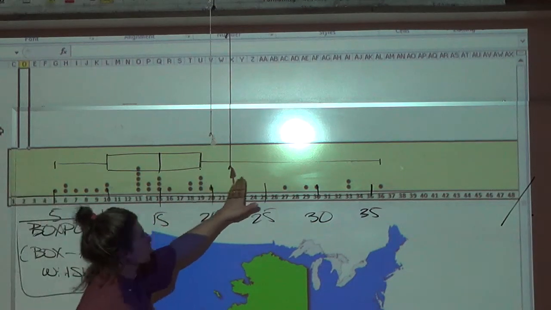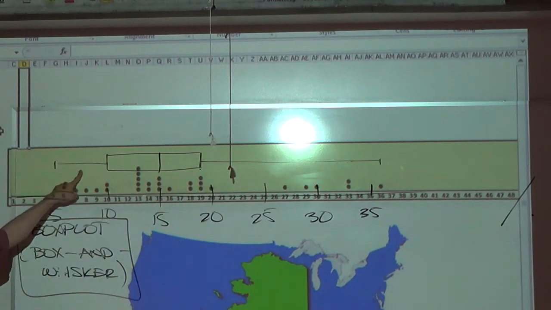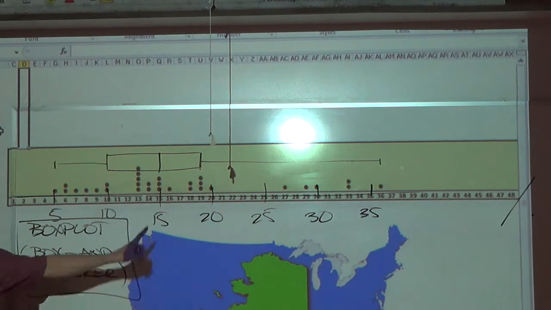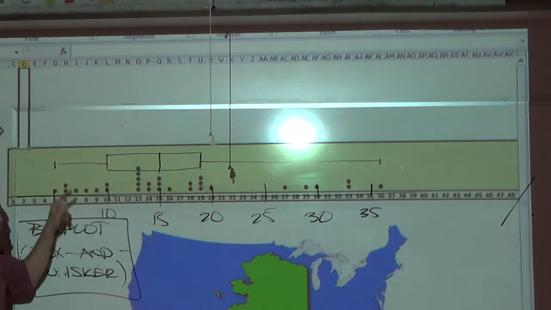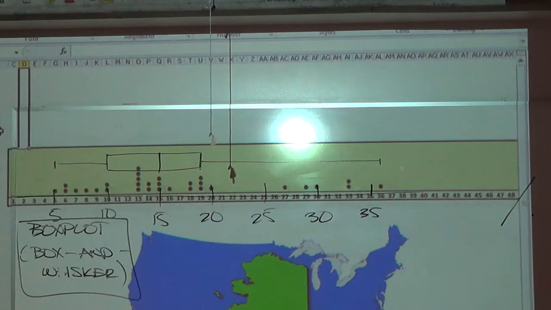You see why this whisker is longer than this whisker. Let's go back to what Carolyn said, right? Why is this whisker longer than this whisker? Why is the right whisker longer than the left whisker? Say that again. The concentration of data is different. What is the right whisker's data compared to the left whisker's data? More spread out. So what we've just done is talk about concentrations and standard deviations